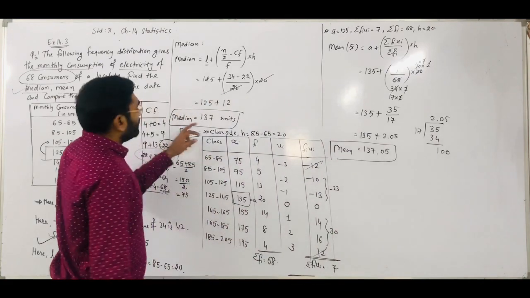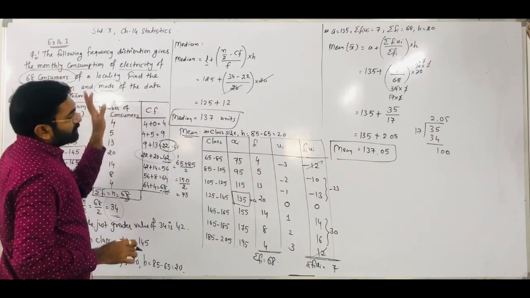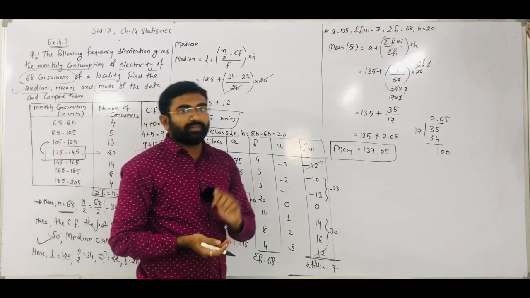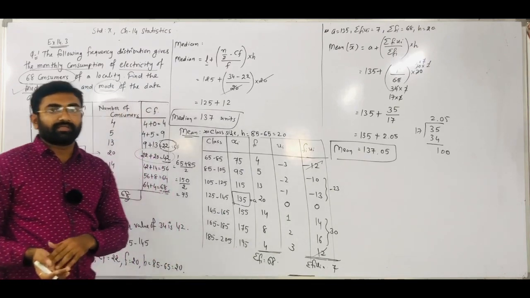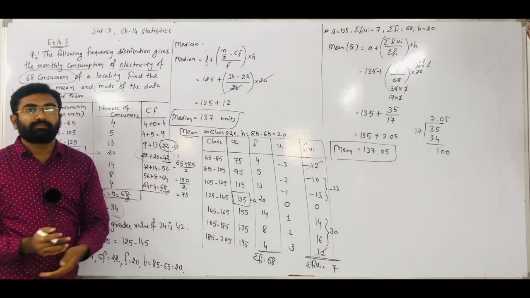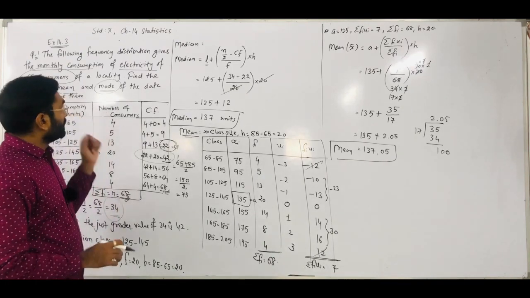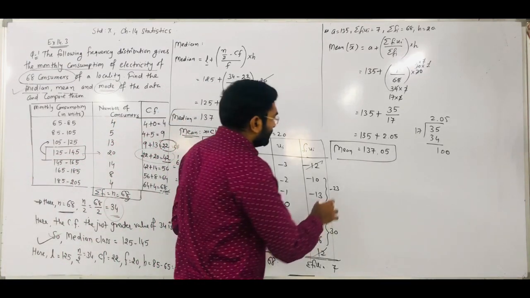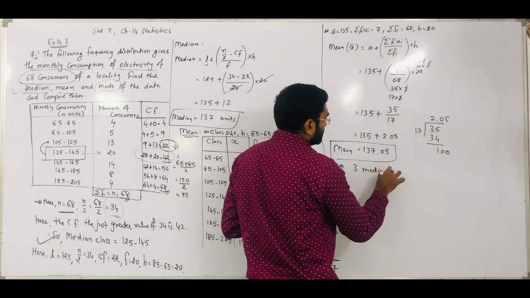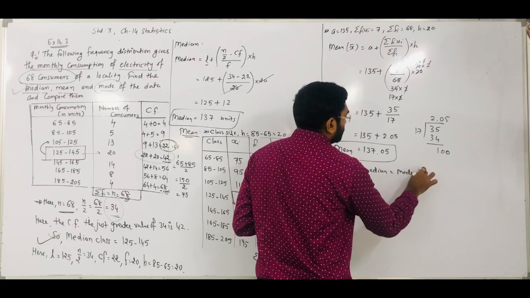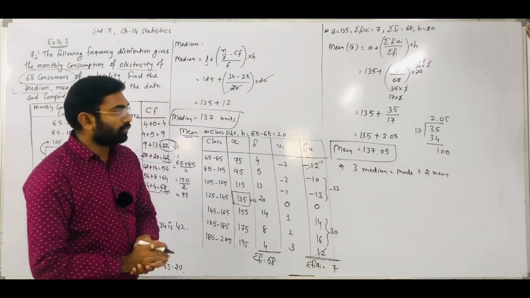Right. Median we found out, mean we found out, and also we require the mode. So mode you can find out using the formula which we applied in exercise 14.2, right? L plus f1 minus f0 upon 2 f1 minus f0 minus f2 into h. Other than that, another method to find out the mode: we discussed the relationship between mean, mode and median formula. So which is what? Median is equal to mode plus 2 times mean. Using that formula, you can also find out the mode value.